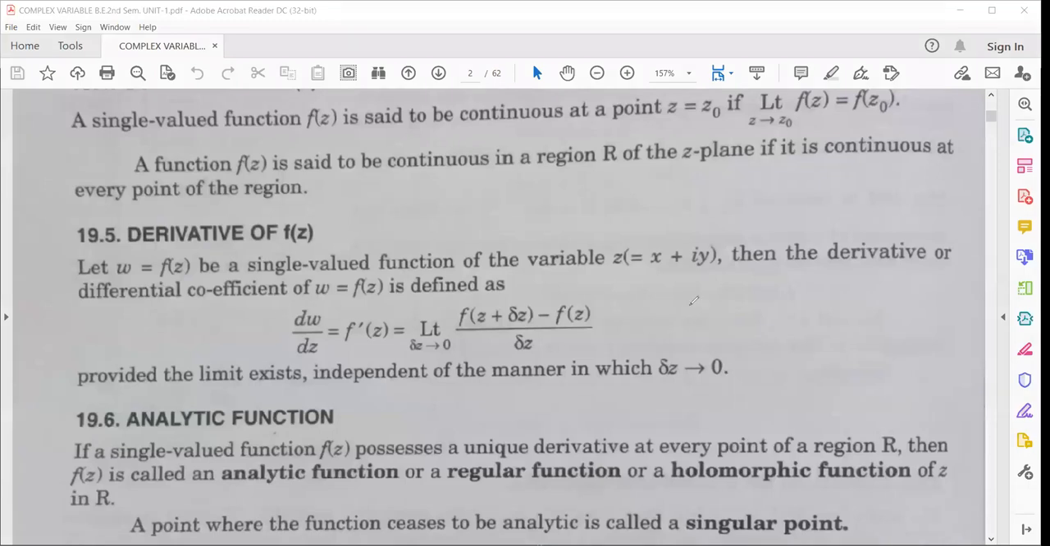Okay. So same thing here, dw by dz is equal to what? f dash z equal to what? Limit delta z tends to 0, f of z plus delta z minus f z by delta z. So if this limit will exist,